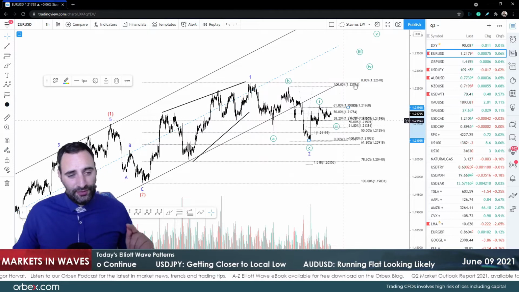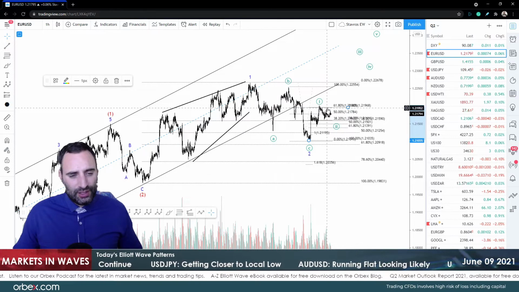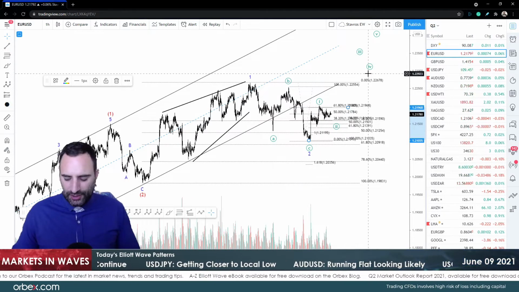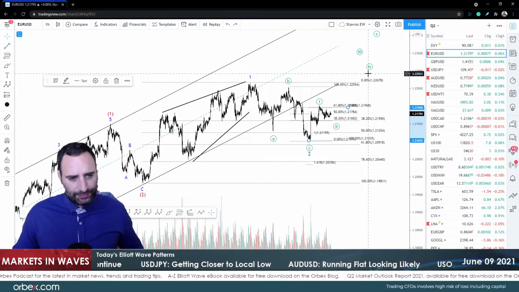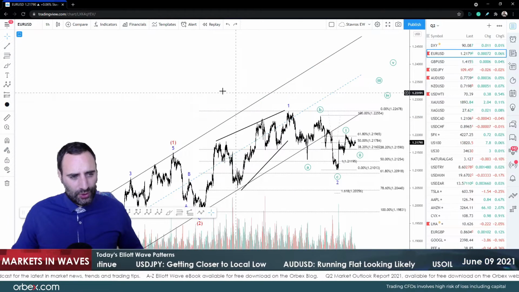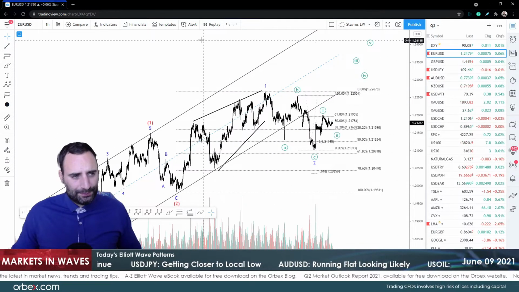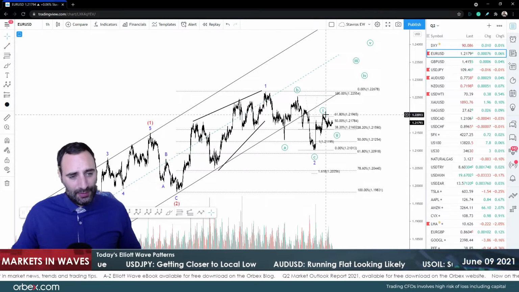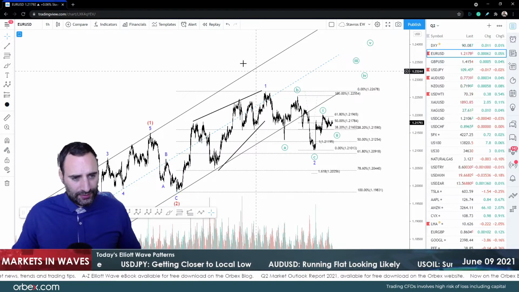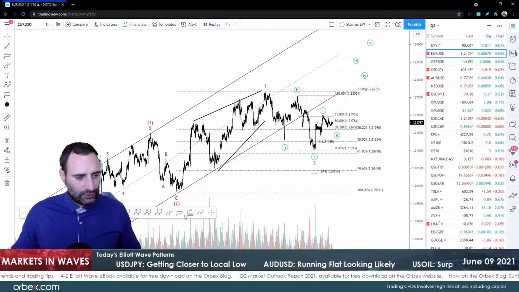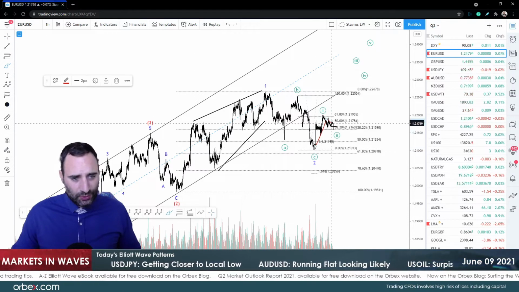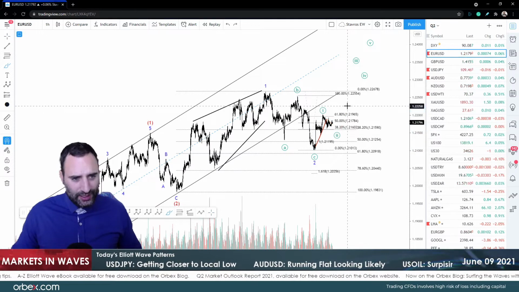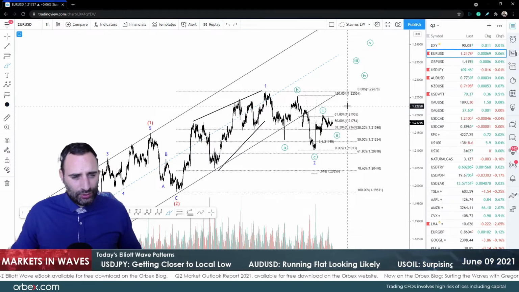From there, if we move up and we cross above the previous one, then most likely the main is going to come through. If not, it would be a case, guys, that we're going to correct lower, which means the chances of this becoming W, X, and Y are going to increase. But don't forget, this is A. We'll still wait for the B and then the C. Either way, in the short term, I see more downside.